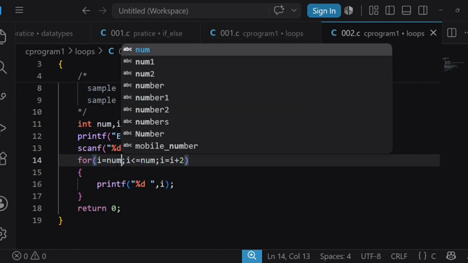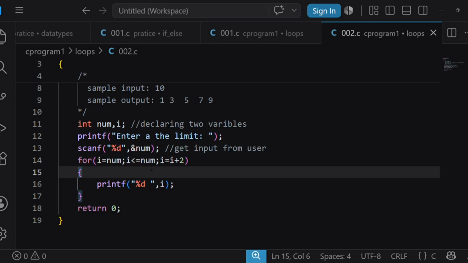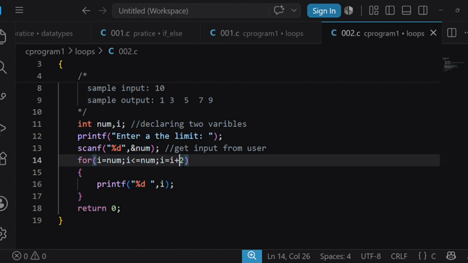So if it is last number, here we need to put minus.